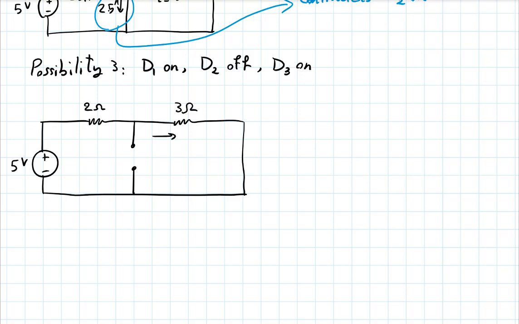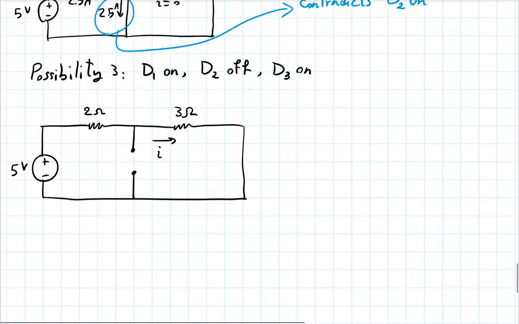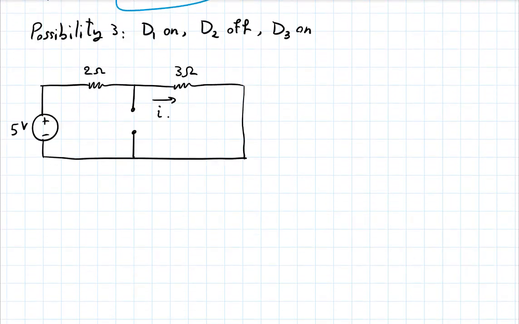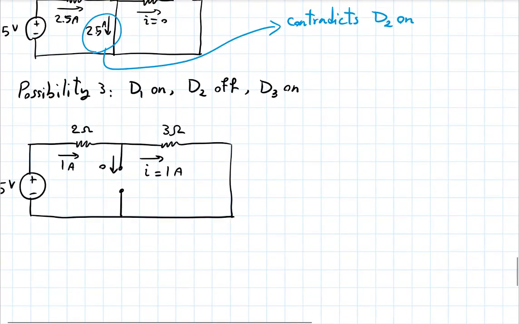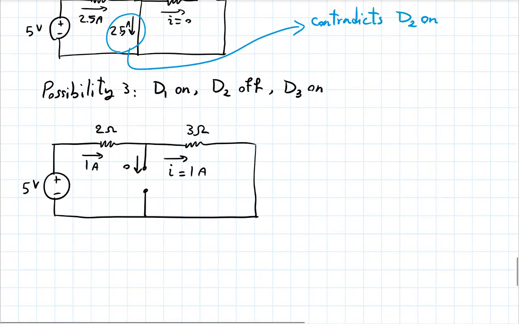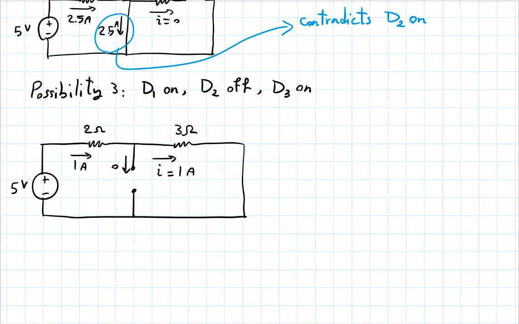So now what would this current be? Call it I. This would be just 1 amp. And how about this current? Also 1 amp. And how about this current? 0. Does this contradict any of the things that we saw? No. Actually, this is consistent